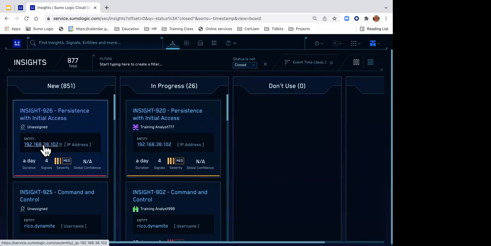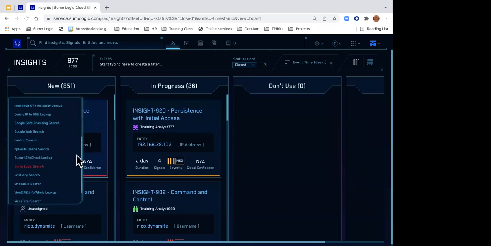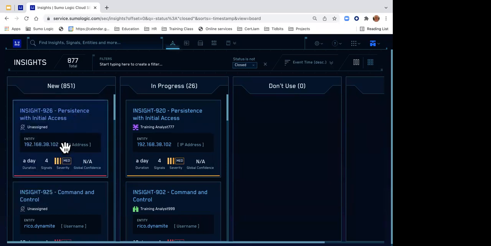192.168.38.102. By the way, when I put my cursor on this IP address, you'll notice there's a little icon next to it. If I click on that, you'll see that I can do a whois lookup, or a Google search on this IP address, or various URL scans. I can do a whole bunch of things. And by the way, that can also be customized. So you can customize the additional functionality that you want regarding an entity,